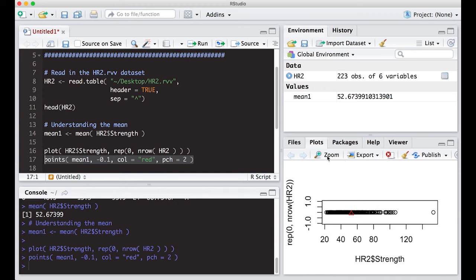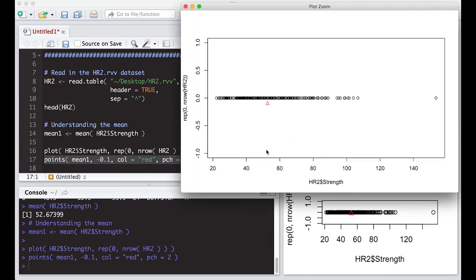and zoom in again. And you can see what it did. It puts this triangle right here. And this is exactly the idea: it's like a balance beam. So the mean is the balance point of your data. Because we've got this value out here that's extreme, the mean is actually pulled way back from where we would think it would be in the mass of the data. But this is where this data would actually